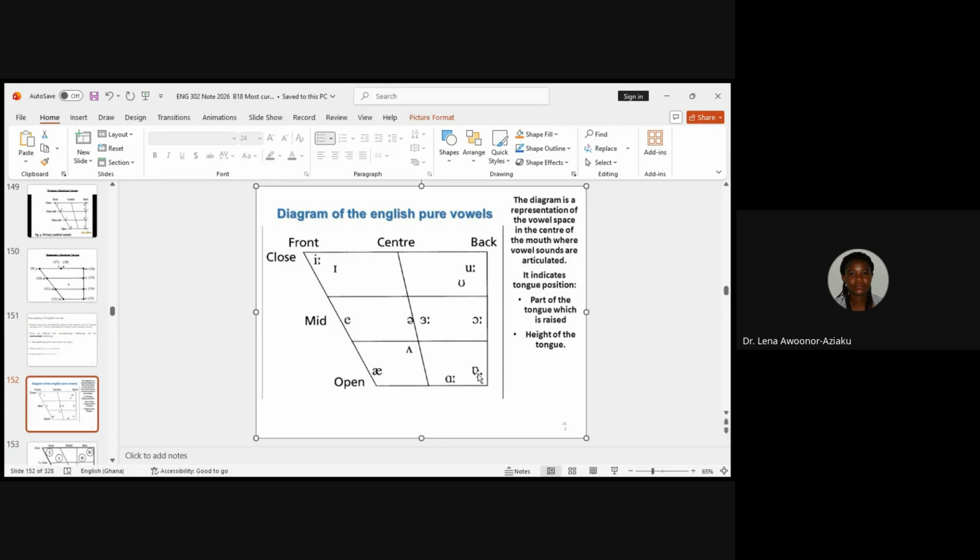Then number 6, O. So this one is trap and this one is start. You normally see that most spellings of R is AR. So start. Then we have cloth. Cloth is normally spelled O. Or some say lot, L-O-T. Either a lot vowel or a cloth vowel. Then we have number 7, which is